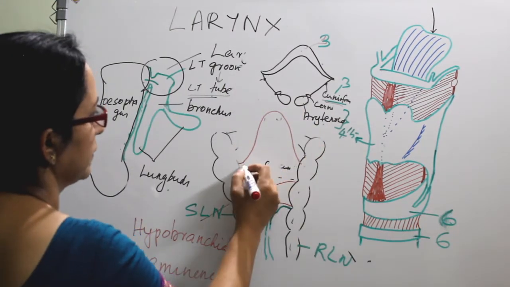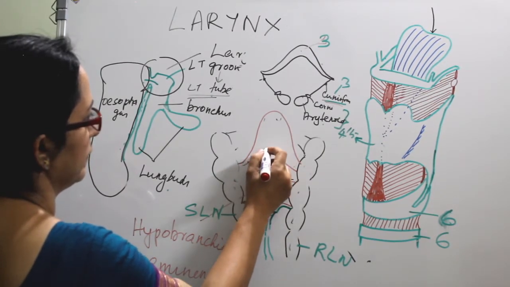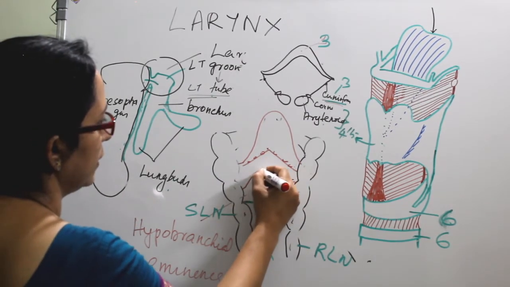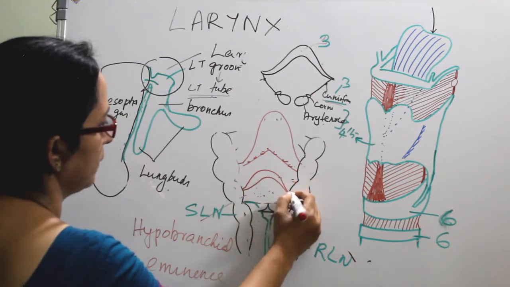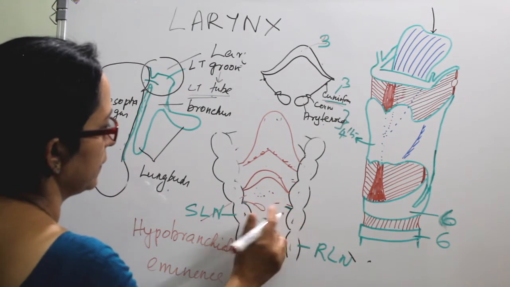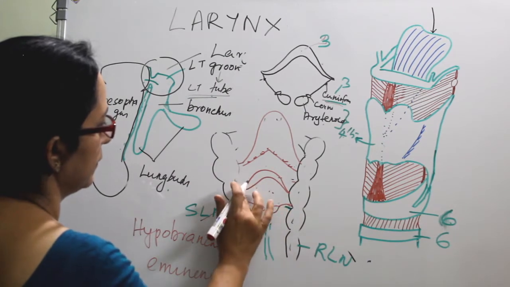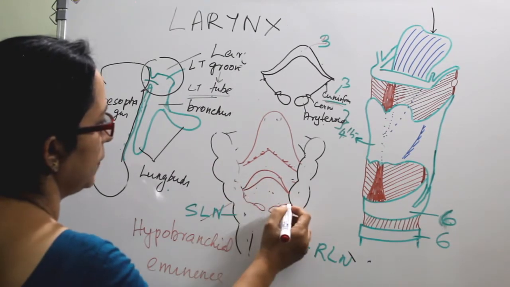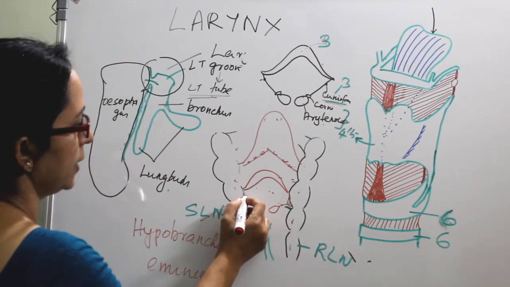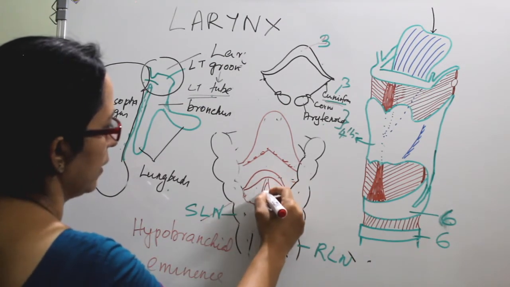This becomes your tongue, and the foramen cecum, and below that you will get the epiglottis with the arytenoids on both sides, the aryepiglottic folds with the corniculate and cuneiform cartilages, and also your false cord as well as